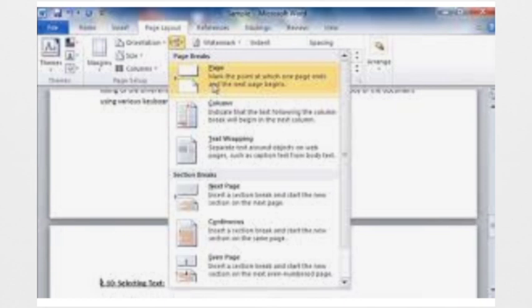If the cursor is located near any text of the first page, it will take that complete text also to the next page. Clear? So make sure where your cursor is located on the page. So the cursor should be at the end of the text, where your text has ended. Keep the cursor there. Clear? So that you can insert a new page without taking any text of the previous page. Clear? So this is called inserting page break.